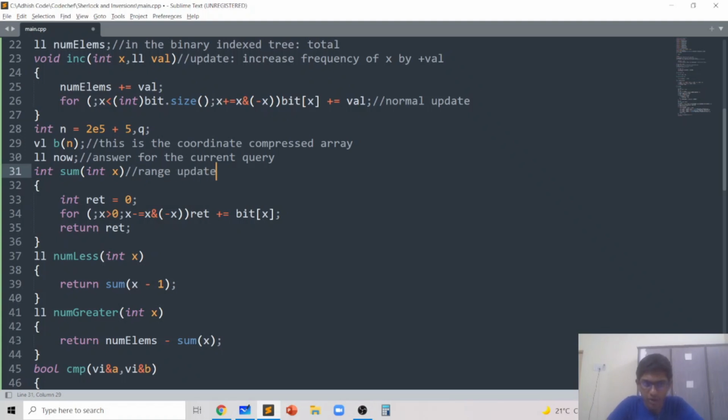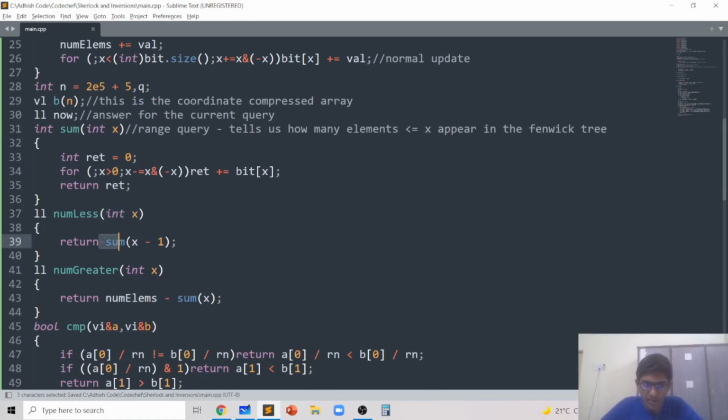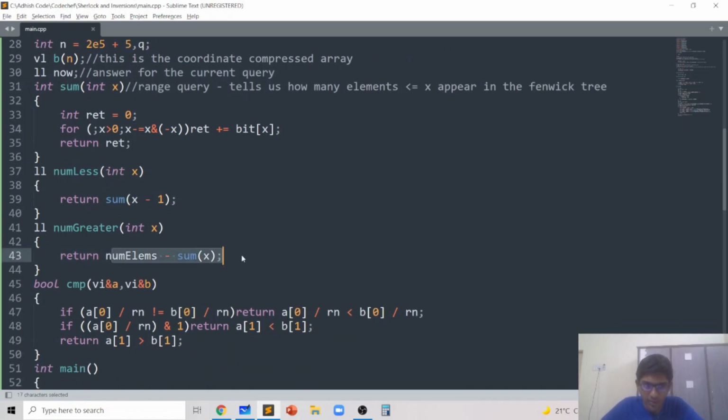The increment was a point update, and this is a range query for the prefix, so it basically tells us how many elements less than or equal to x appear in the binary index tree, and that's what the binary index tree is used for. Then num less of x will basically return sum of x minus 1, and num greater will return number of elements minus sum of x.